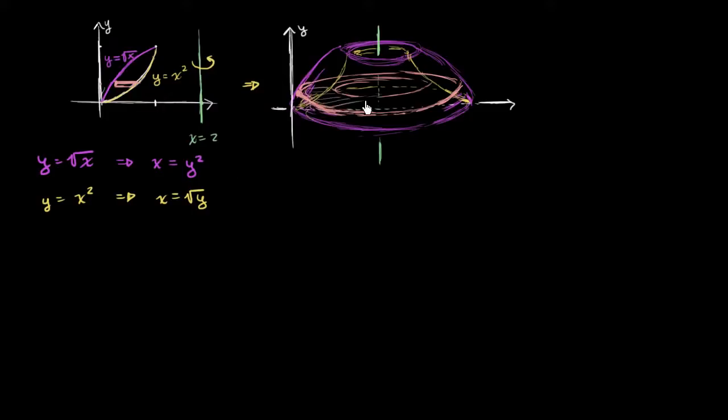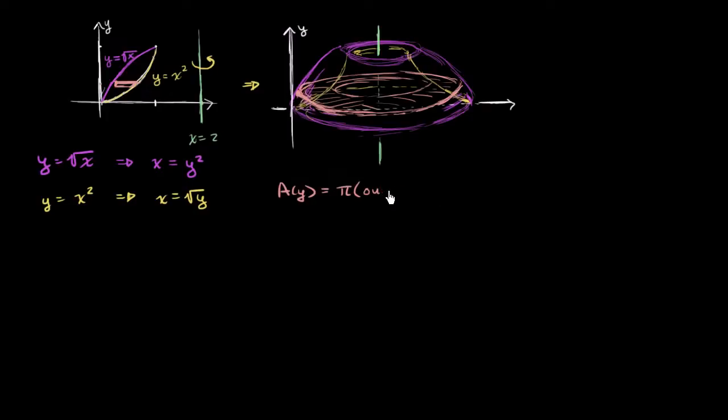So the area of the surface right over here in orange, as a function of y, is going to be equal to the area of the circle if I just consider the outer radius, and then I subtract out the area of the circle constructed by the inner radius. So the outer circle is going to be pi times the outer radius squared, minus pi